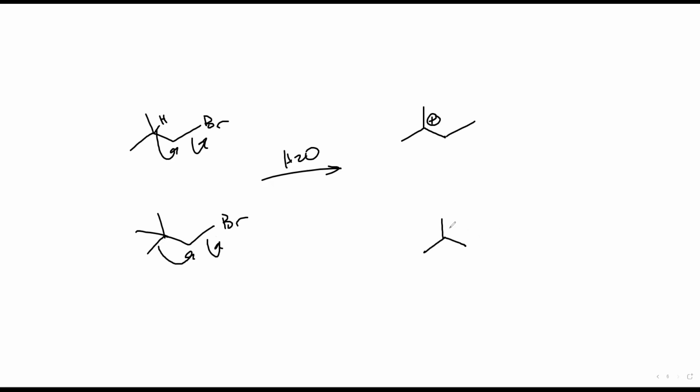So you don't have a carbocation formation until the shift is done. Sorry, I think this should be this, and then this should be this. So these are the two substrates you would expect. And then after addition, you either get this alcohol or you get this alcohol here. Okay, so this is the concerted shift that I was saying is the exception to SN1/E1,